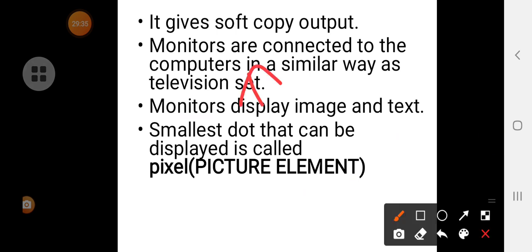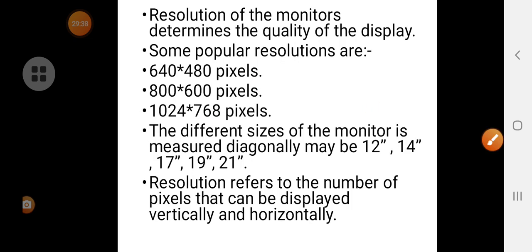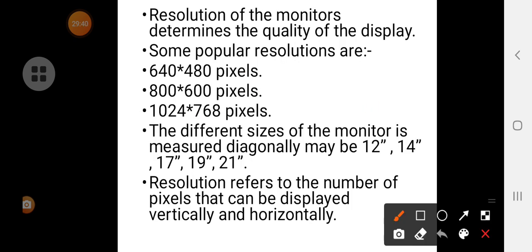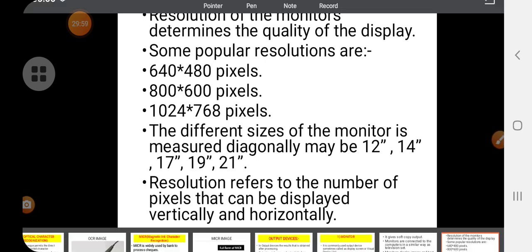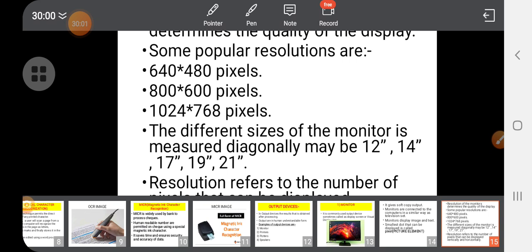The popular sizes of the television monitor screen are 12 inch, 14 inch, 17 inch, 19 inch and 21 inch. Then the resolution of the monitors which you have to know: the resolution refers to the number of pixels that can be displayed vertically and horizontally.